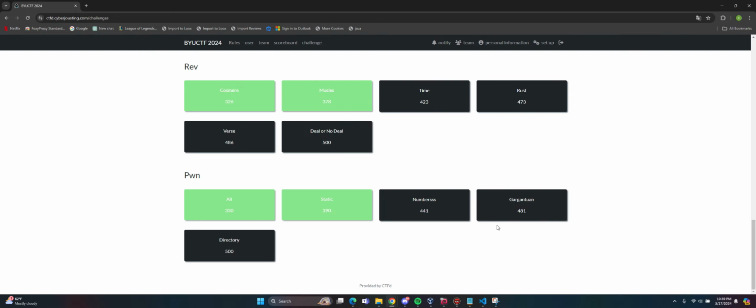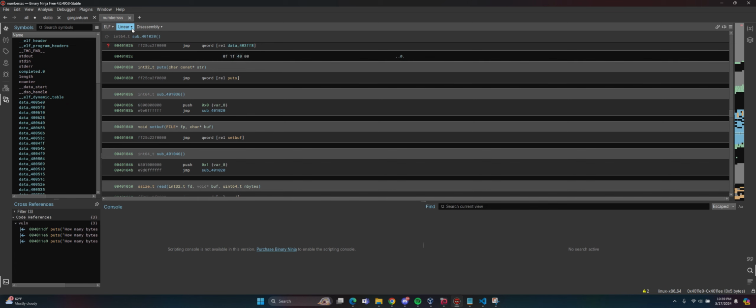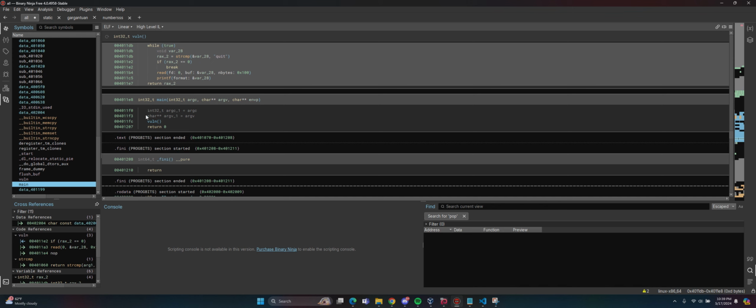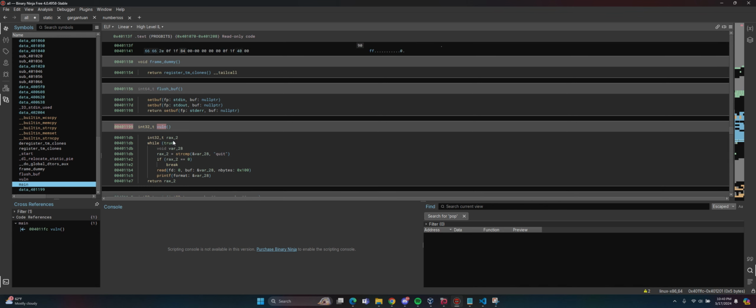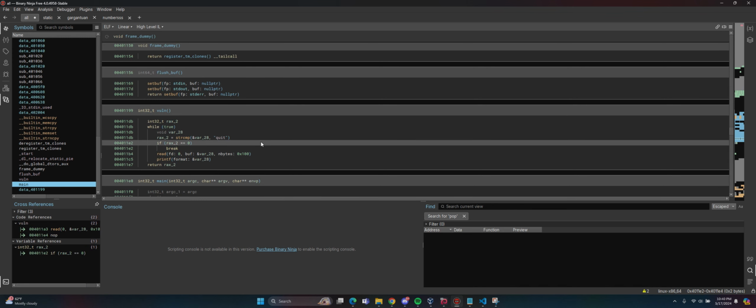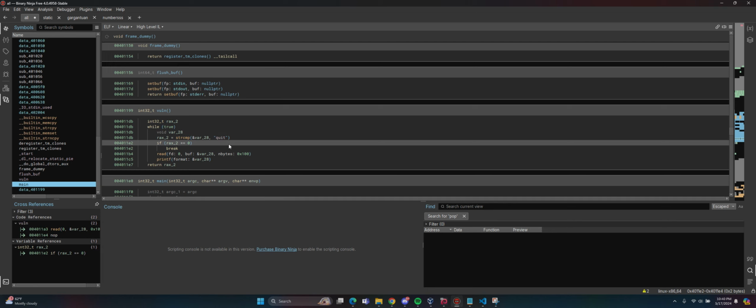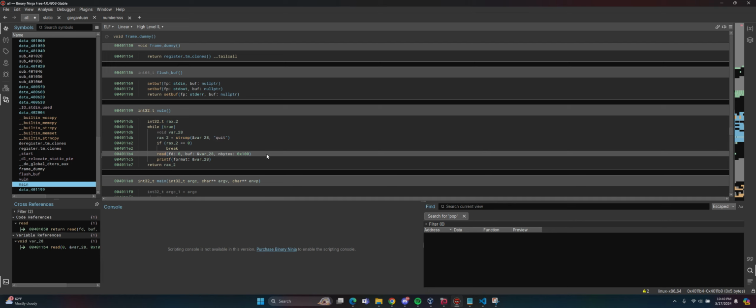And since we don't get the source code for it, I want to pull it up in a disassembler. I'm using Binary Ninja, and you can see the main function just calls vuln. In vuln there's an infinite loop that basically just accepts user input until quit is written. As you see in this read call, it'll read 0x100 bytes, which is 256 bytes, into buff, a variable,